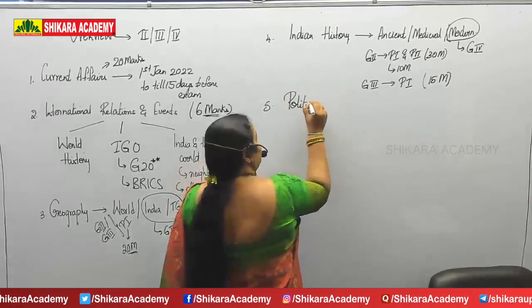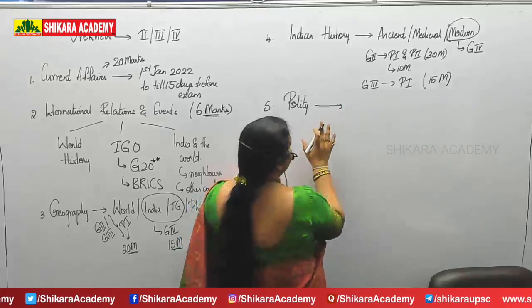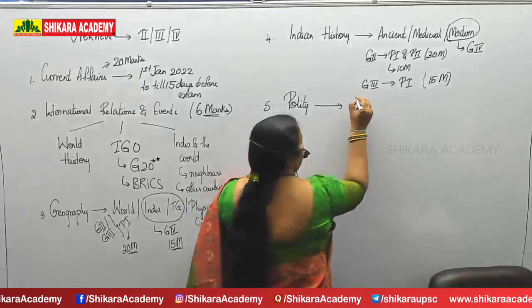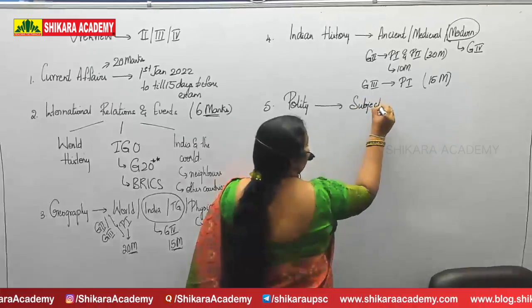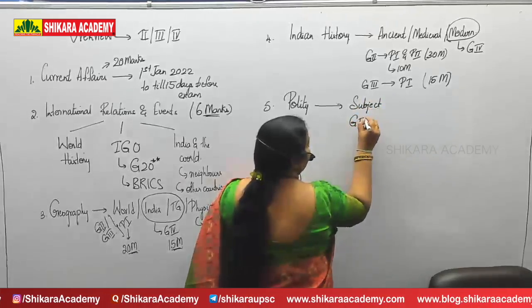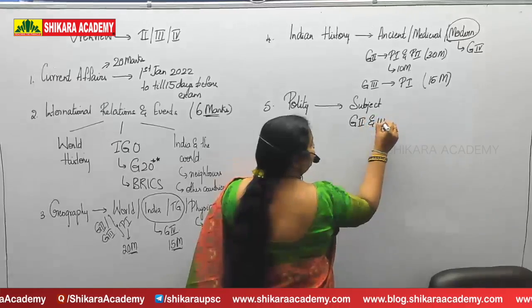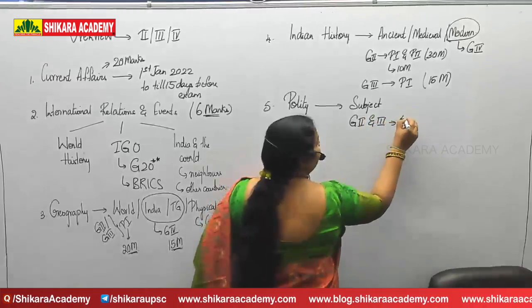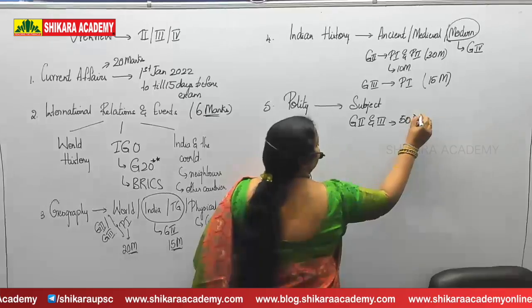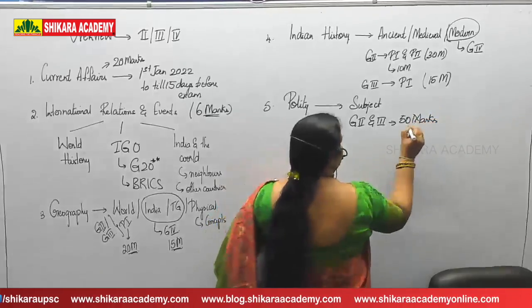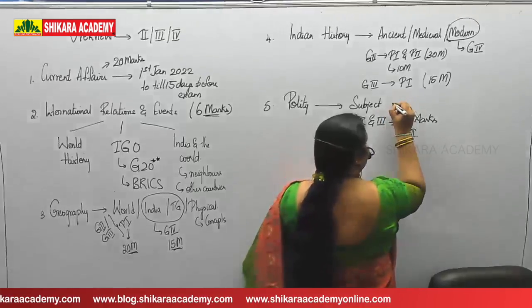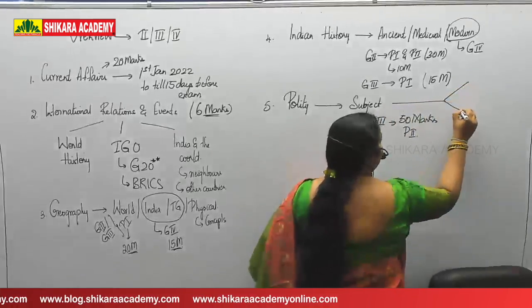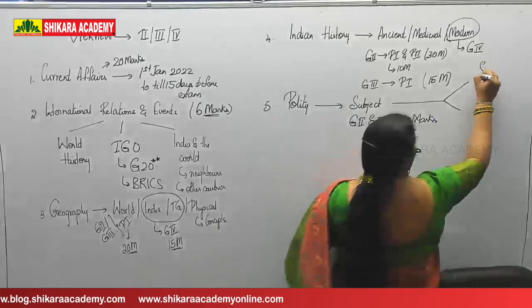Polity. Polity, basically the whole subject as it is given for you in Group 2 and Group 3. In Group 2 and Group 3 it is a 50 marks area. It is mentioned in paper 2. When we look at this in Group 4, they have mentioned only 2 topics. One is, they are talking about